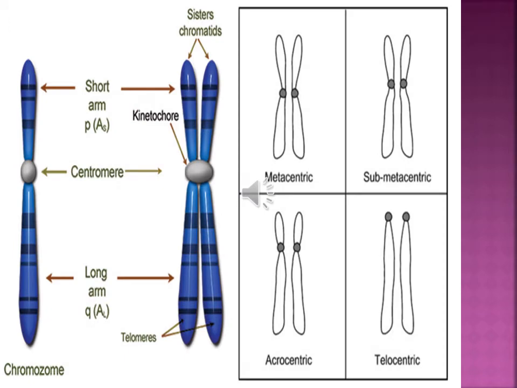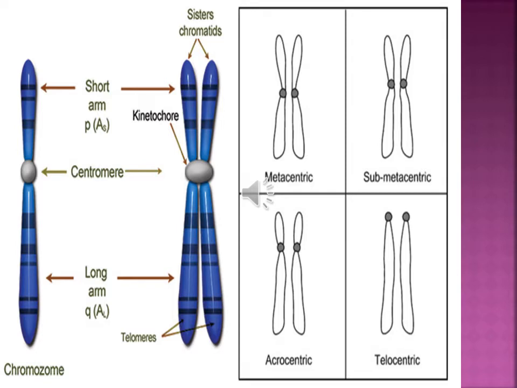This is a chromosome. The middle portion is called the centromere. This centromere helps to hold the two parts together. The upper part is the P arm, the short arm. Then the lower part is the Q arm, the long arm. Then the sister chromatids. I already said sister chromatids: the top two portions are called sister chromatids because they are identical.